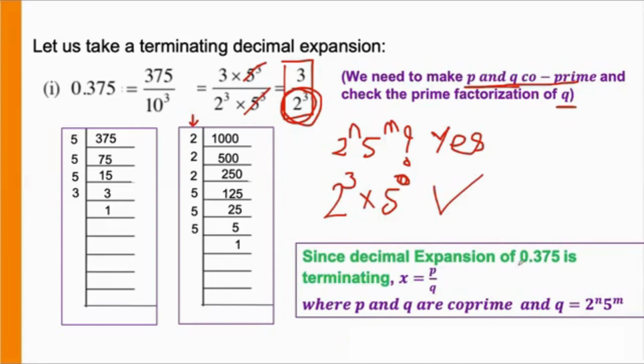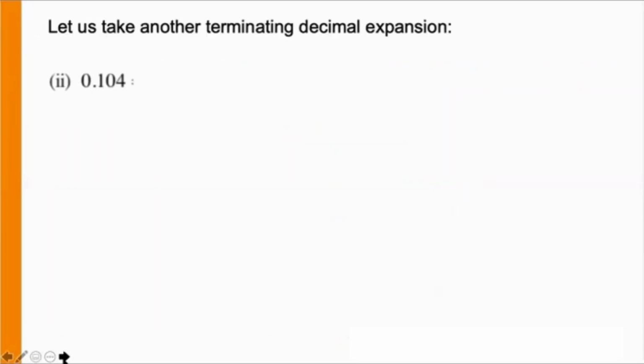And so since the decimal expansion of 0.375 is terminating, we can see that q is in the form of 2 raised to n 5 raised to m. Let us take another example. Now the decimal expansion is terminating. It ends at 4,